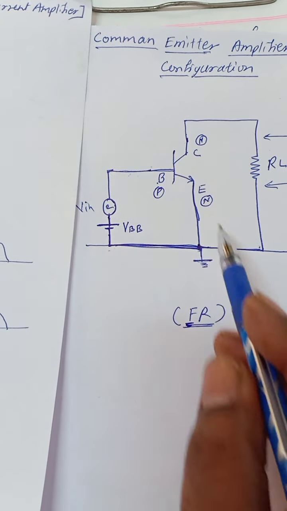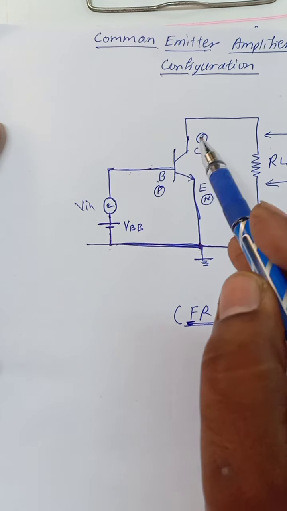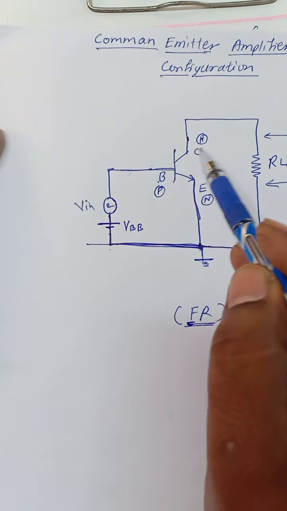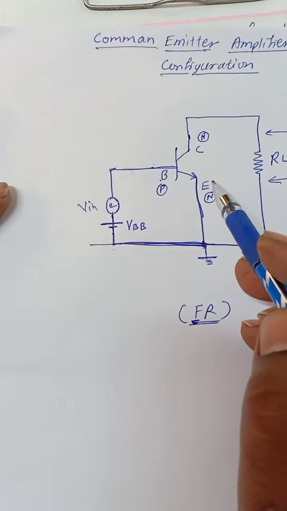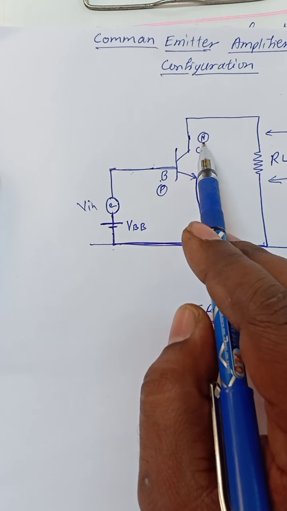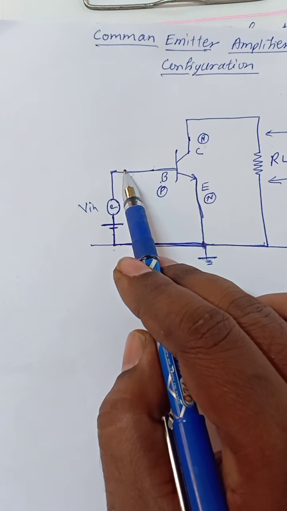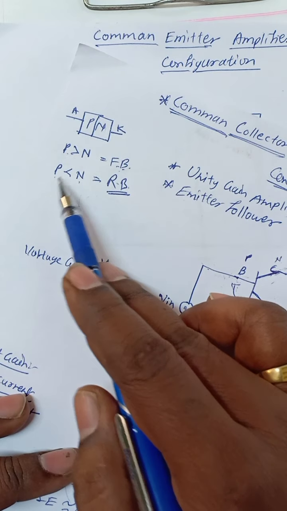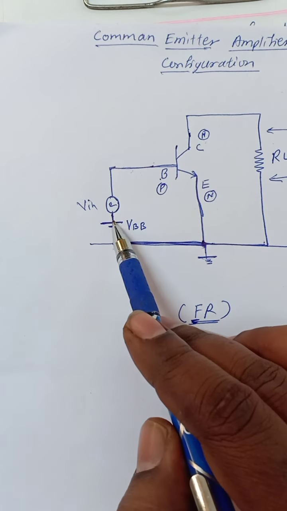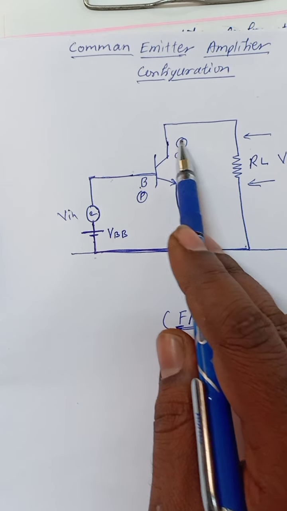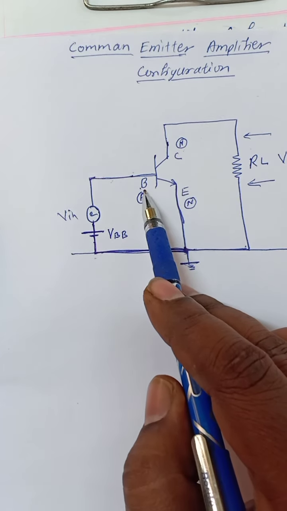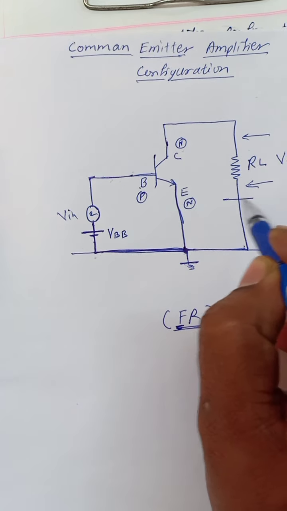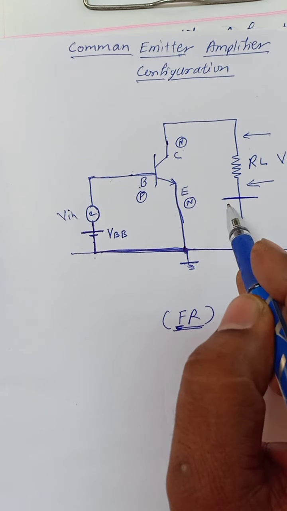Now we are going to reverse bias the base to collector PN junction. To reverse bias it, you have to apply a voltage to the collector which is greater than that of the base. If applied N voltage becomes greater than P, then it becomes reverse bias. So you have to apply a voltage to the collector greater than the base, so that the base to collector junction becomes reverse bias. For example, if there is 5 volt, you have to apply 10 volt.